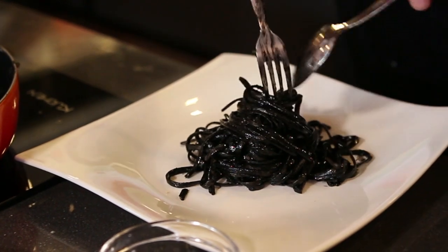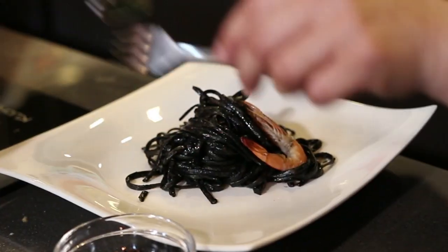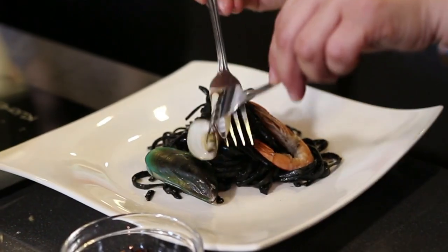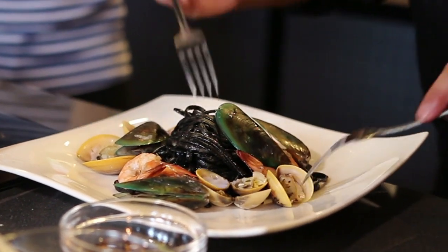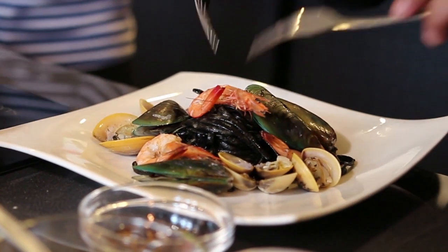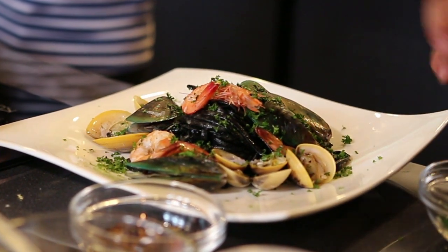Add the prawns. You add your mussel. Again, you can include it during your last final for the pasta. You have options here, whatever you want to do. You can put a little bit of sausage to it if you want sausage. I want this to be a colorful dish today, so that's why I'm going to choose different kinds of seafood. And then you can sprinkle it. Okay, this is your